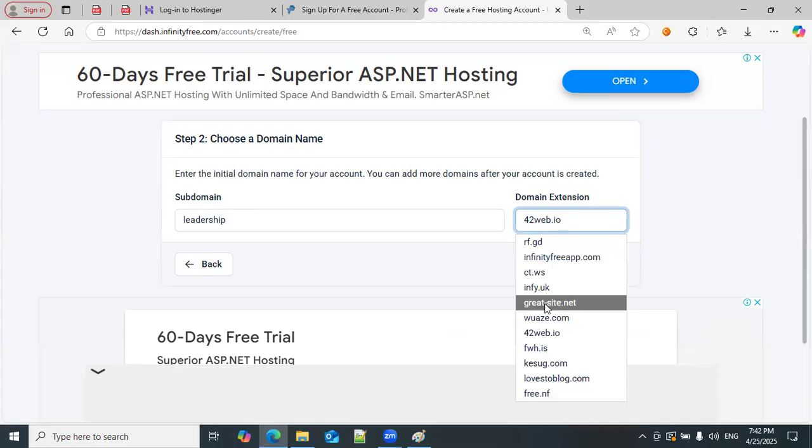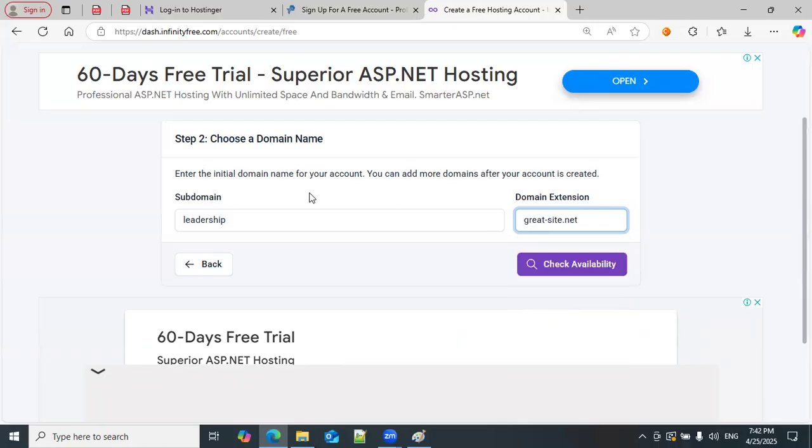grade-site.net. This grade-site.net is also a freely available subdomain. It is working fine rather than choosing different domains. So I am choosing this subdomain. These are all free subdomains. If you want .com, leadership.com, leadership.in, then we need to purchase the domain. Then we can link to this. At present, we are not doing all that. We are choosing the free subdomains with the